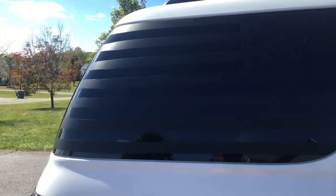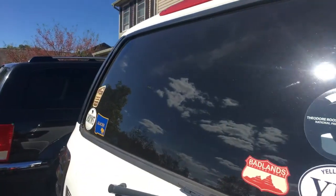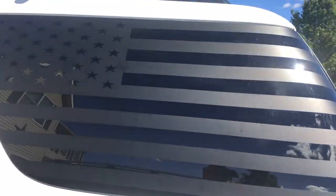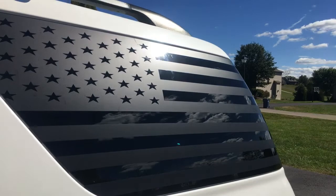These are the first decals I've ever put on like this. So if I can do it, you can do it. It's hard, takes some time, but it's